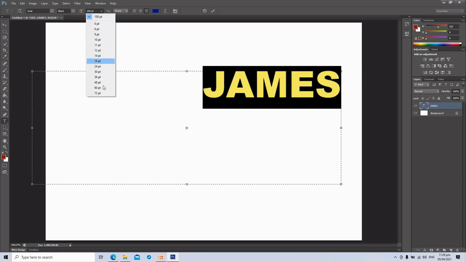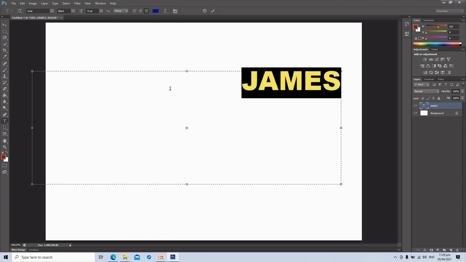You can select the value here. Another way is that on the option bar, the label on the text size, set the font size, its label. So just